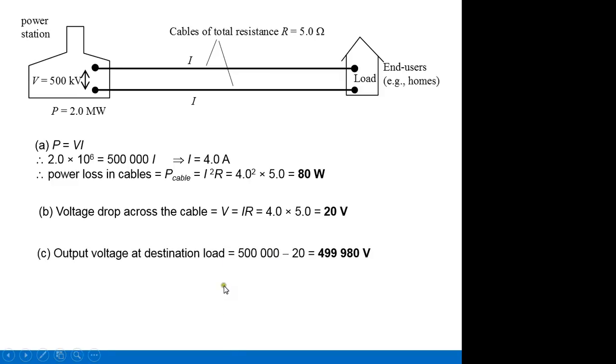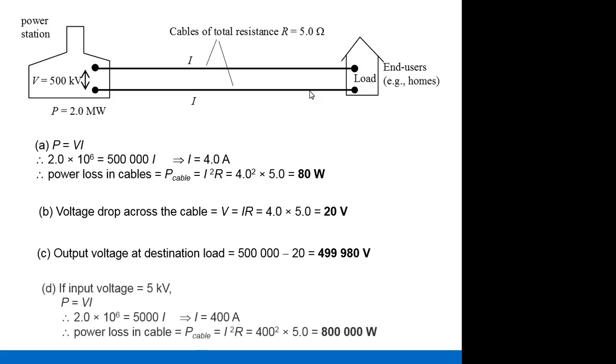Right. So next they ask you for the output at the destination. At the destination there's an output of 499,980 volts because 20 is consumed within the wires. Part D, if you didn't step it up enough, if you only step it up to 5K volts, which is still pretty high, but not high enough, you have a current of 400 amperes, you have a power loss of